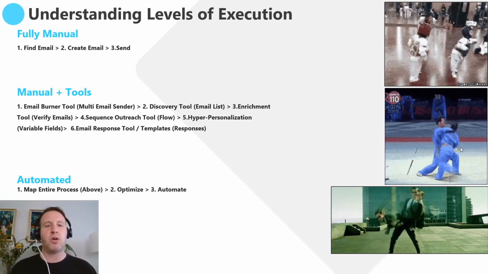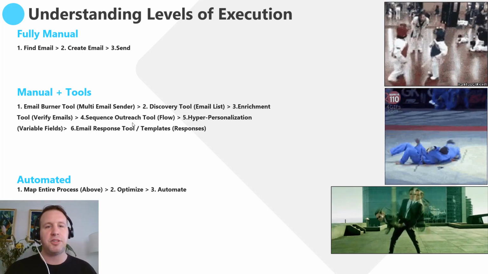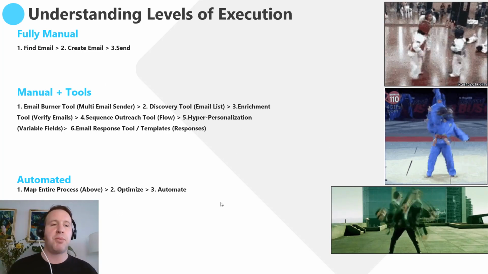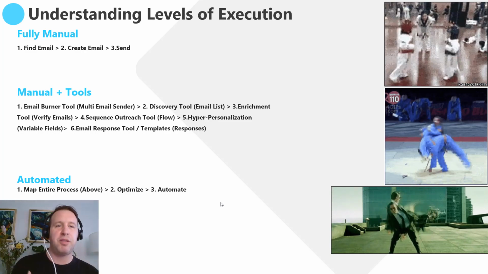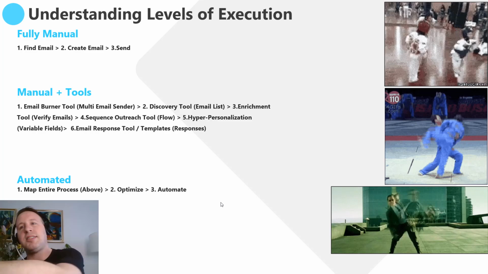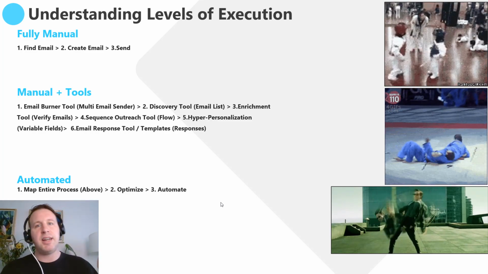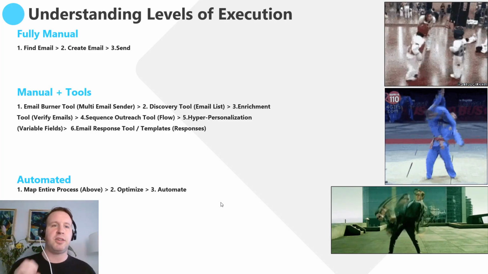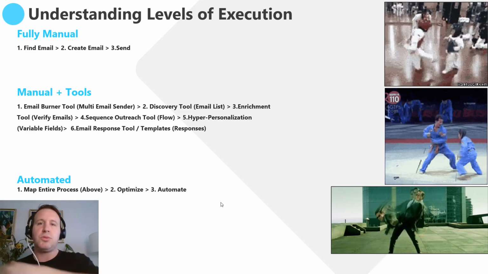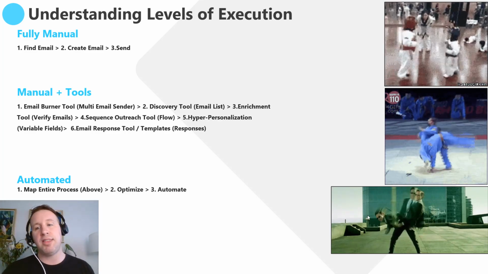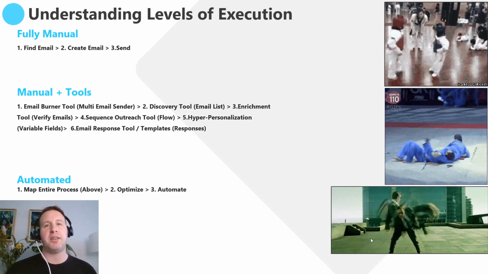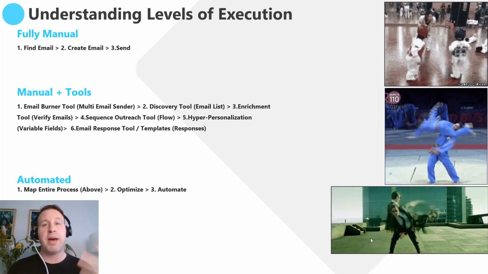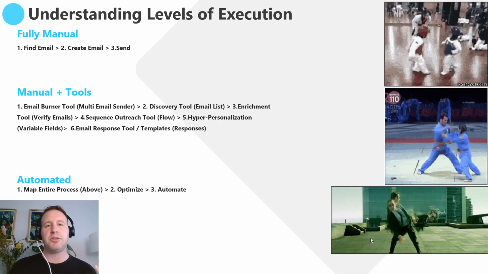Manual plus tools requires the flow that you see here. And then a fully automated process basically maps out everything that you got from all these different tools and takes it step by step with APIs, connecting these steps in between so that you don't have to carry stuff from one tool to another. Ultimately, this last automated step is where everybody's going in the future. This is what agents are all about, AI agents. So there's a lot of really interesting stuff here.